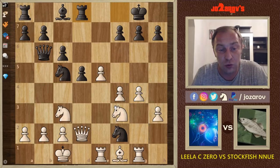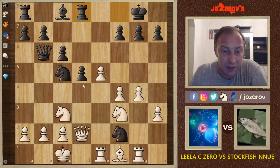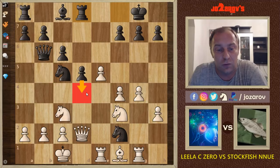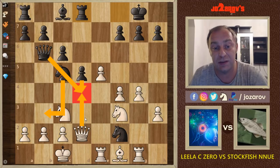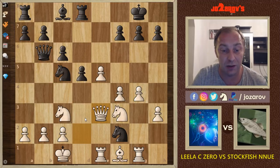So here in the game, rook to d8 played by Stockfish NNUE. Very interesting idea to get this pawn rolling. This is also now a Stockfish counterplay idea, because if we again recapture with queen to d4 or similar ideas, then again we risk this knight to b3 tactical threat, again with queen to b6 idea. So again, Stockfish is preparing a similar tactic in the game, queen to e3, because if you try maybe here